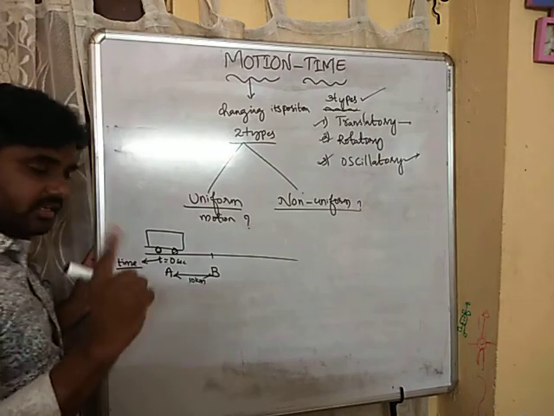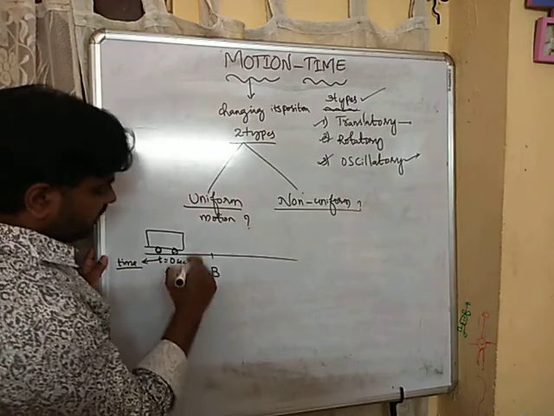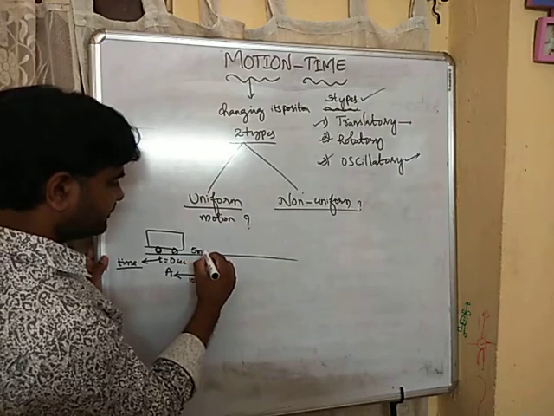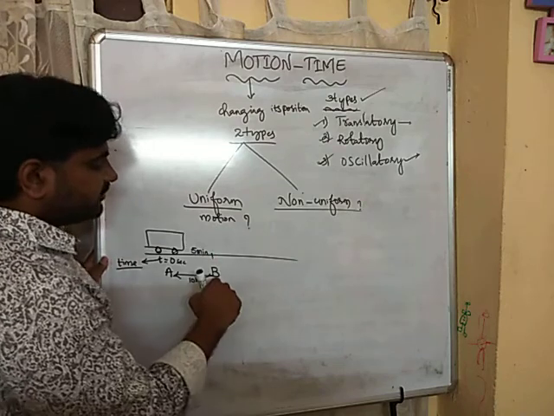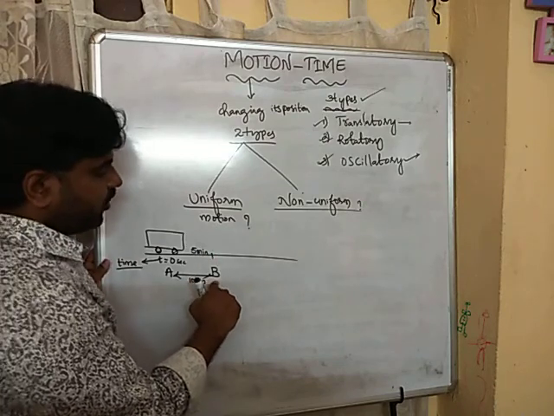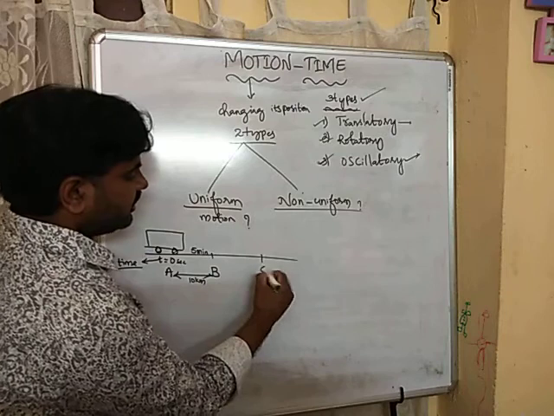Assume 10 kilometers, and the time it took is 5 minutes. In 5 minutes it covered the 10 kilometers distance, and after reaching this point, again it started moving from B